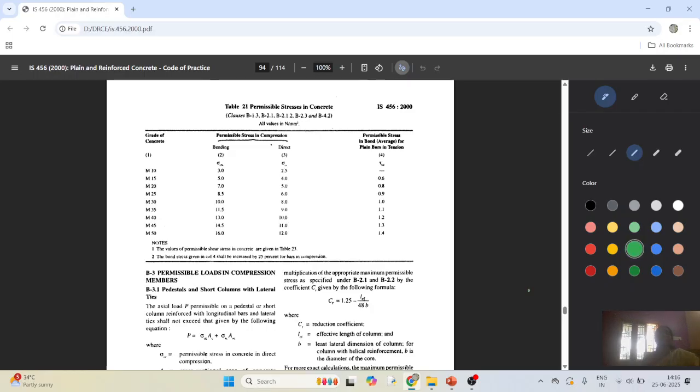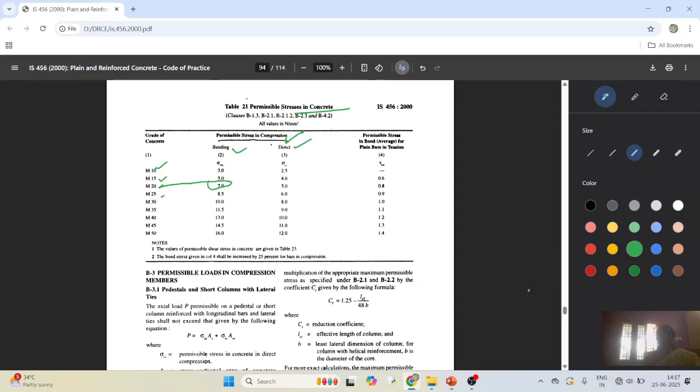Permissible stress in concrete in compression due to bending and due to direct compression is given in Table 21, page number 81. So sigma CBC values are given for the different grades of concrete, M10, M15, M20, M25 up to M50. For our case, M20 grade of concrete,